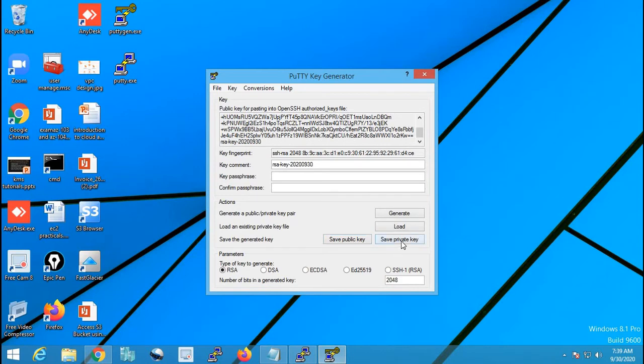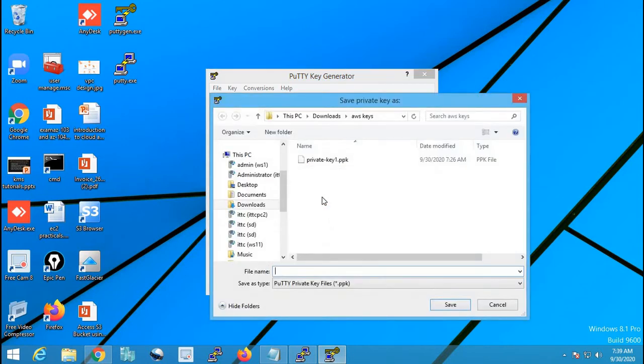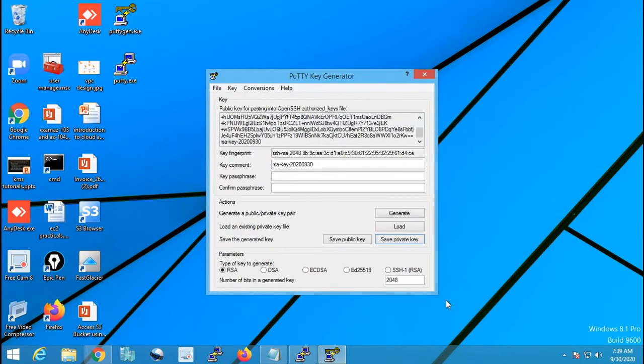At the same time, it's very important that you save the private key, public key 2 also, and the extension is PPK. Yes, done. So I have saved a public key and I have saved a private key.